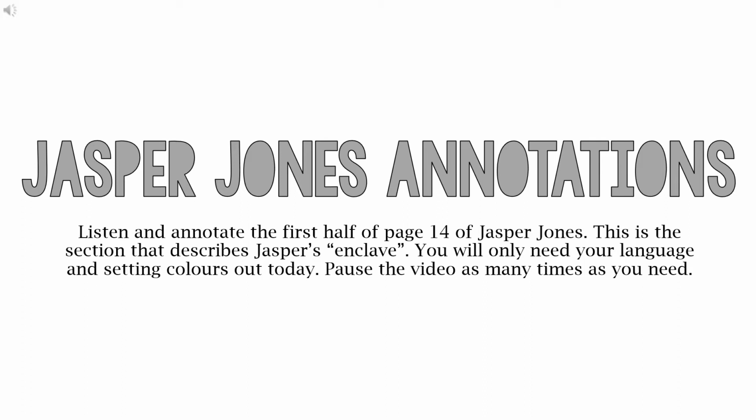So today you're going to need 2 colors to do this activity: your color for language and your color that you have for setting. Now we're going to speak here a lot about how the setting is developing that Gothic genre, so that's going to be the focus here. So let's start first at the beginning of the paragraph. Jasper speaks fast, too fast to absorb.